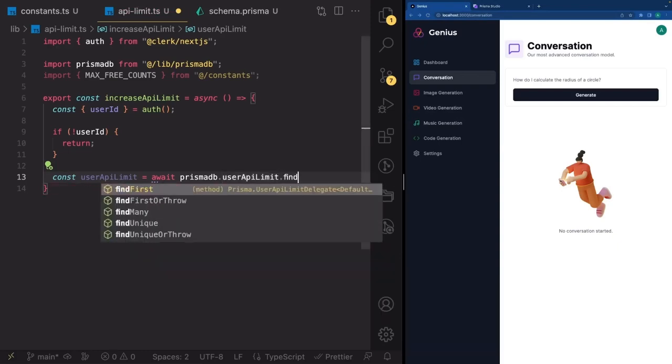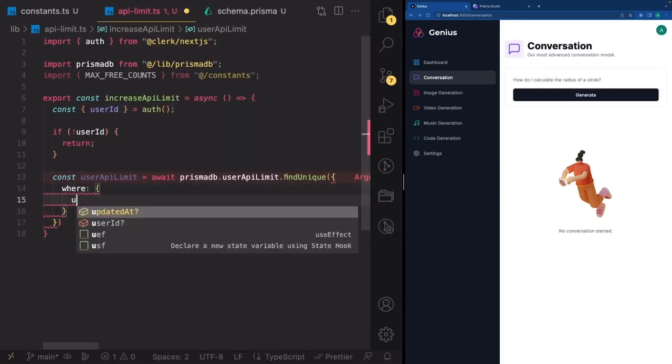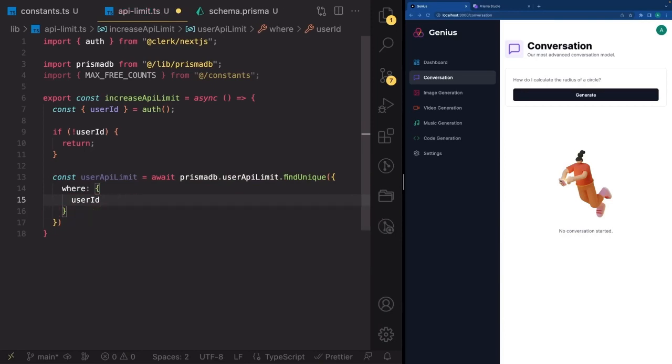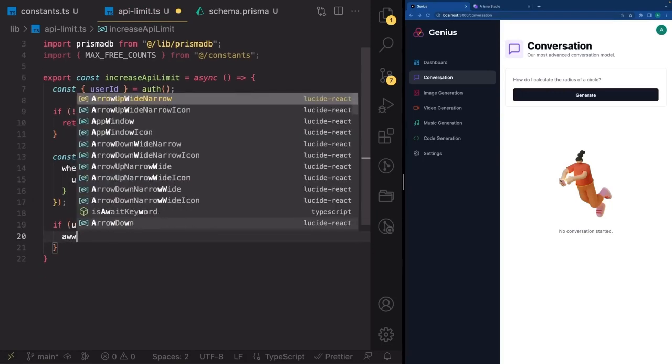So I'm going to write findUnique. I'm going to open an object and write where userId is equal to userId, or you can use the shorthand. So we're going to fetch that by looking at the user ID in that model, and we get the user ID from the auth like that. So if there is userApiLimit, so if it already exists, in that case, we are going to update its count. So await